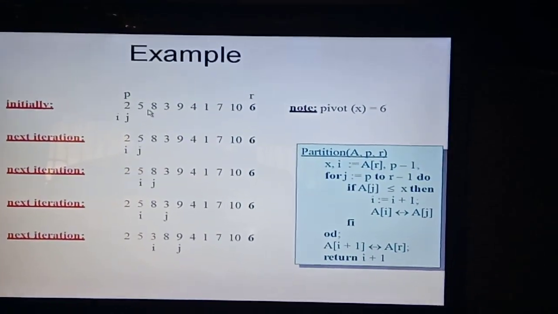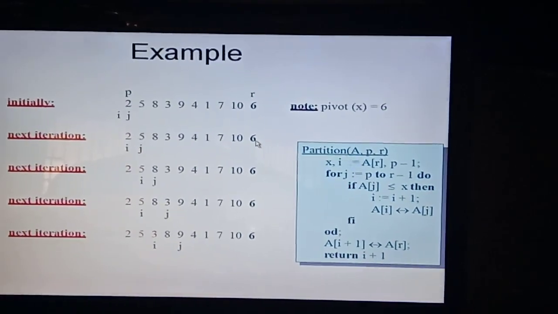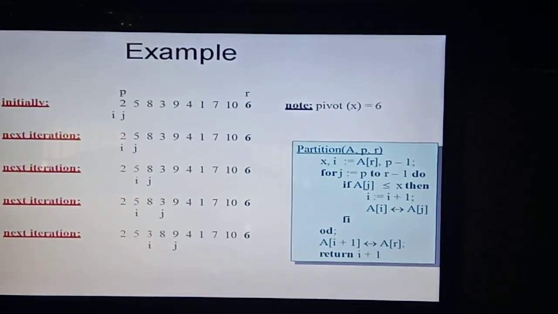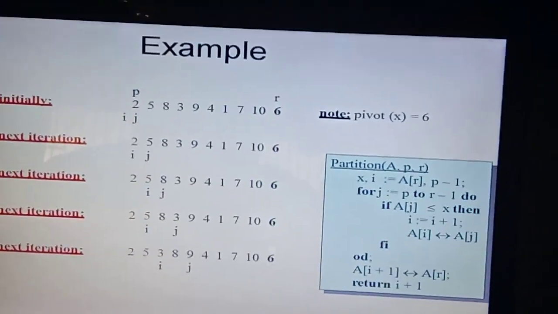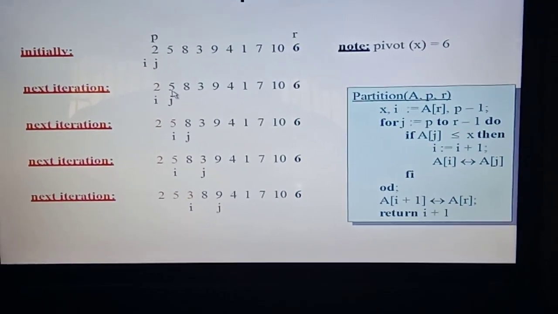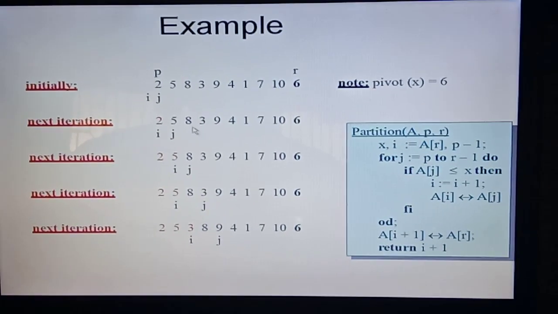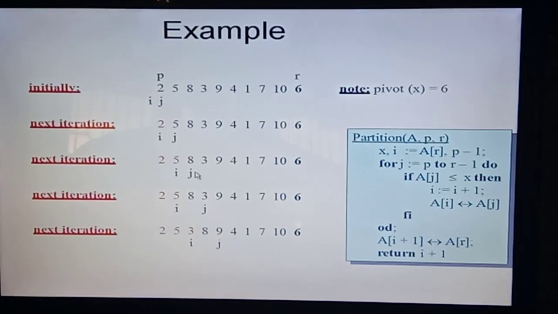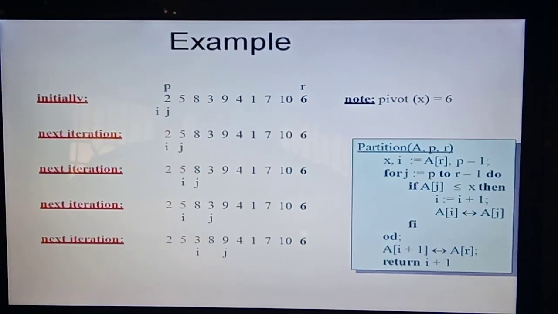In the next iteration, j is 2, i is 1, and we compare with the pivot element, but 6 is greater than A of j, so A of j is not less than 6. Then there is no need to swap; you just increment i to 5 and j goes to 8. Next, compare 8 with 3. Here there is a swap.